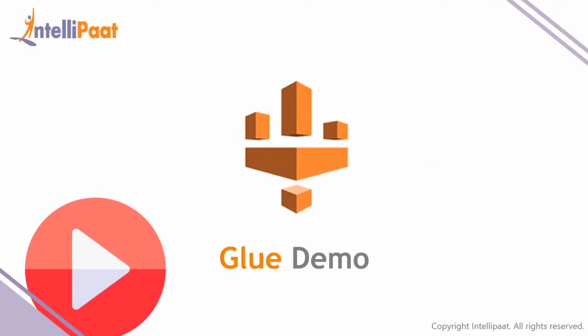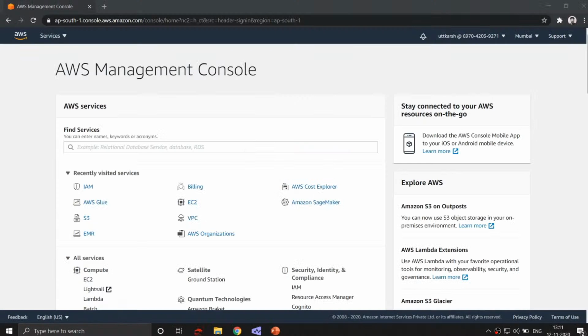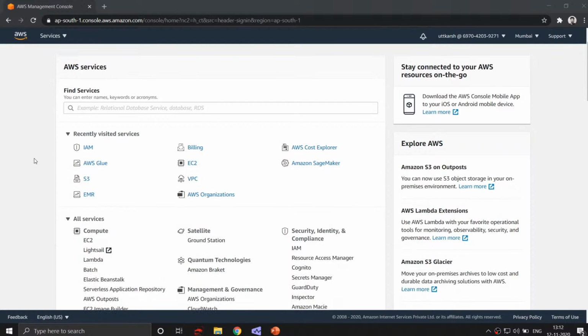So let us go to the Glue demo that we have for today. We are going to be crawling some data out of Amazon S3, and then we are going to be putting it back into Amazon S3 after we've cataloged it, whatever we have cataloged, and however we have transformed it. So we are currently in the AWS management console. AWS provides a very convenient console for you to select your services from. So the first thing that I want to do is upload my data set actually. So I'm going to be selecting Amazon S3,